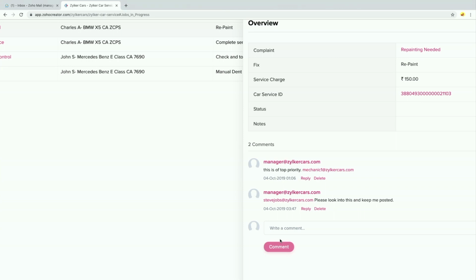This is just the starting of this comment feature. A lot of improvements are yet to happen. And the same thing with the other feature as well, with the create report feature as well. Now, notifications would be added. Either it can be through an email, or we are also in the process of building a notification feature within the application. Just like how when you access your Facebook account, you have a notification. Clicking on it, you see who has tagged you where and stuff like that. Something similar of that kind is also coming up in Creator.